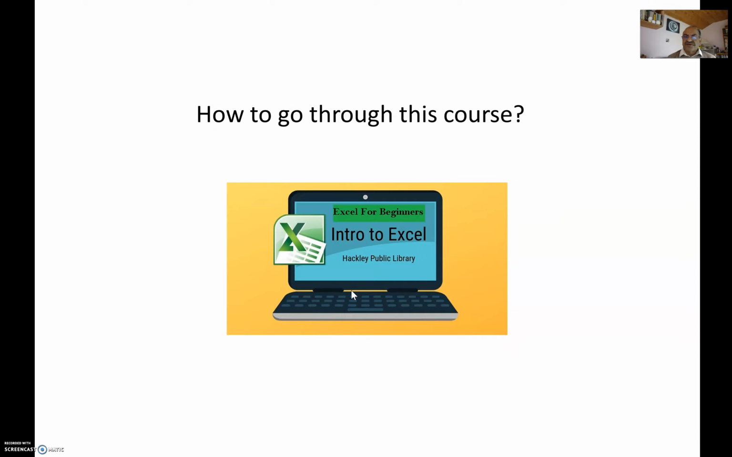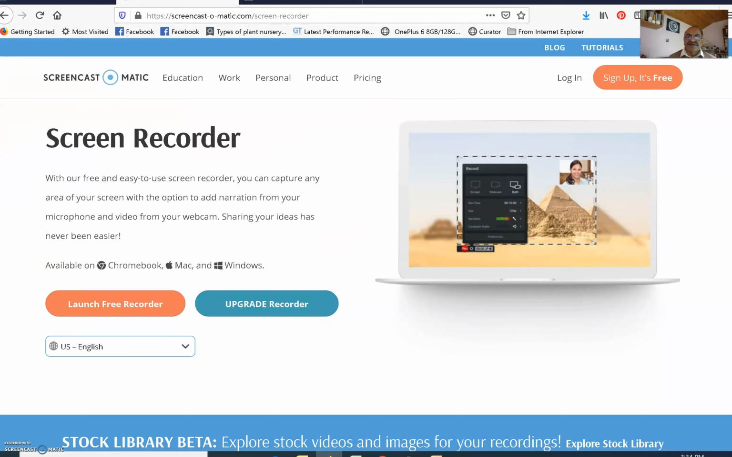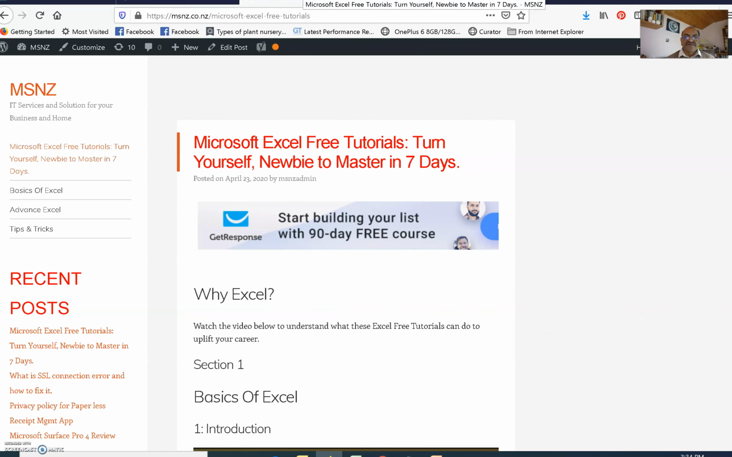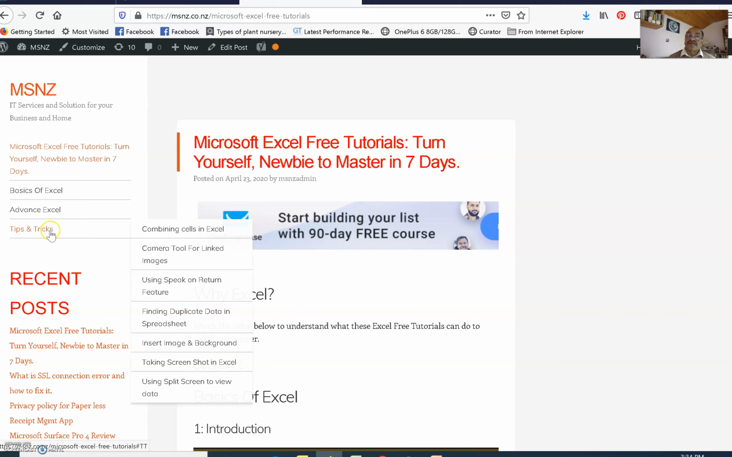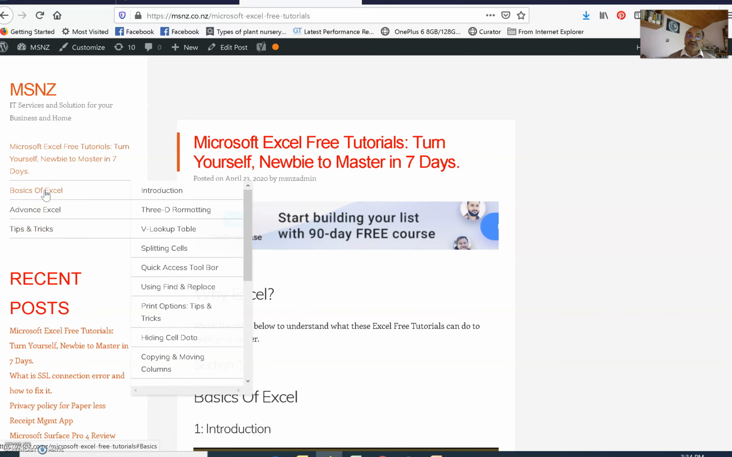Now, how to go through this course? Let me take you to the actual page of the course where you will be starting from, the first page of this course. This course has been designed in such a way that there are three types of people who can take it. First, if you are a total newbie, starting from scratch, I recommend that on the left hand side of the screen you can see basics of Excel, advanced Excel, and tips and tricks of using Excel. You go through the whole course